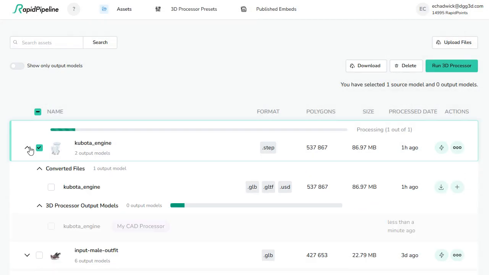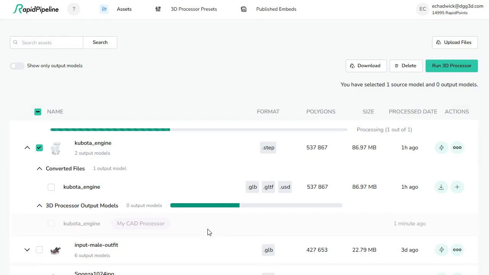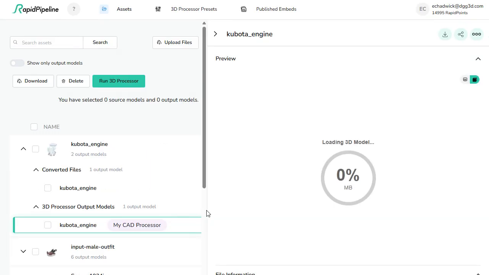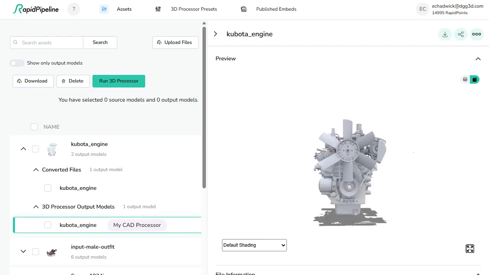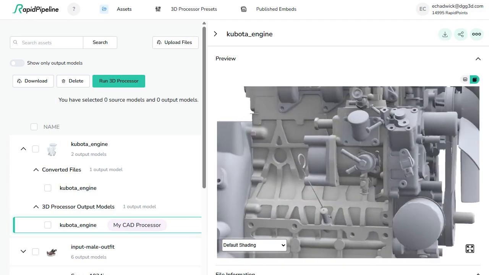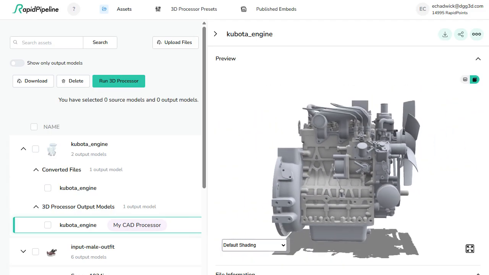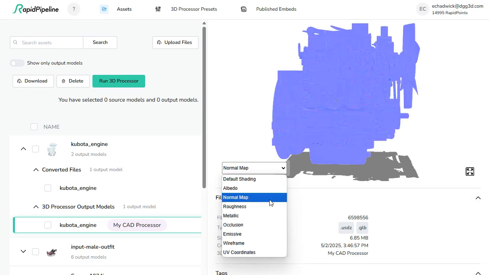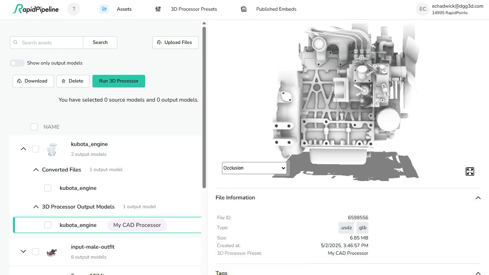Let's open the CAD asset details to watch it work. The model is optimized and baked. Clicking on the outputs will open the preview where we can examine the finished asset. The model is now oriented the right way up, and we can examine all the render elements to see what's been created. All the details from the original asset have been baked into these new textures and applied to the